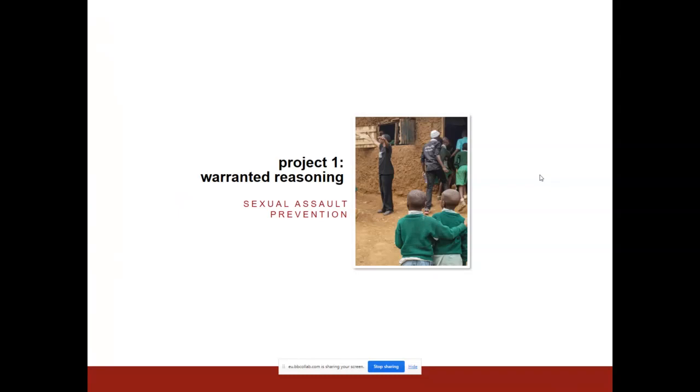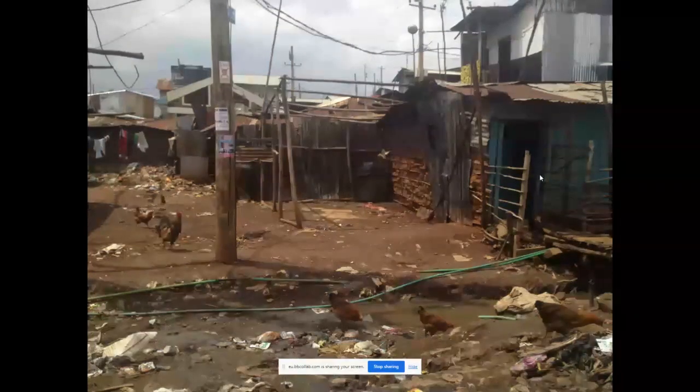So let's talk about that first project. During the introduction, Dolores did a wonderful job of introducing. We do a bunch of work on sexual assault prevention in Nairobi, Kenya, and I've been running randomized trials there going back almost 10 years now. This is a picture from, I believe, Kibera. You can see this is a tough environment. Those walls are made of mud and tin, and that's an open sewage pit there, chickens running around. In some of these areas, the rates of sexual assault are such that about 1 in 4 women in high school will be raped in the prior year. That's why we've been deploying this set of interventions there for a while.